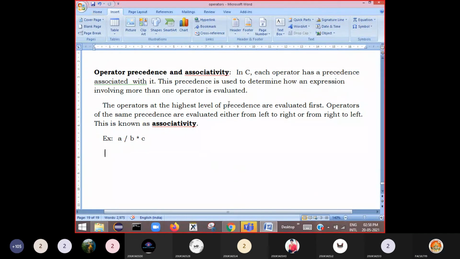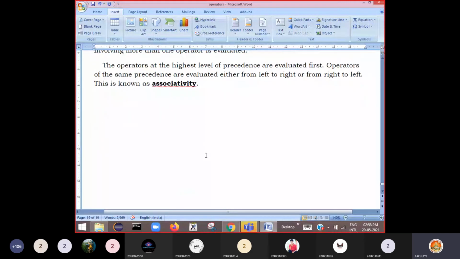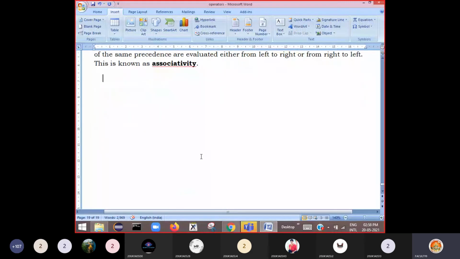Clear? Understood? So there is a list. You need to find out a list of all the operators available on the keyboard. Whatever operators are there, for them you should know which is the highest priority and what is its associativity. So just take the list, and I am trying to give you the exhaustive, complete list, so that whenever you go for an interview, it will be helpful to you.